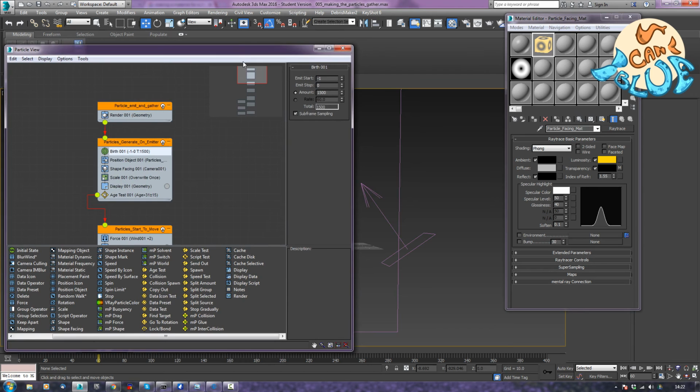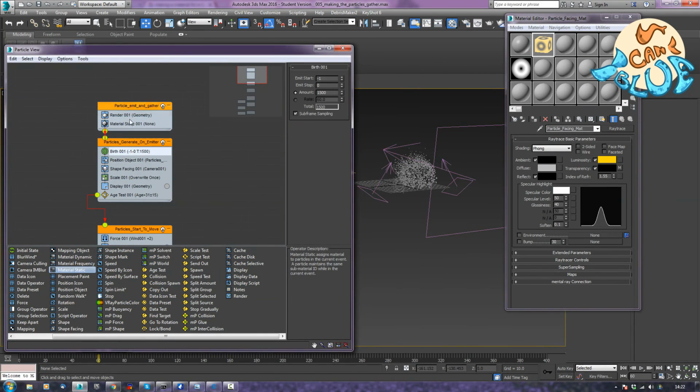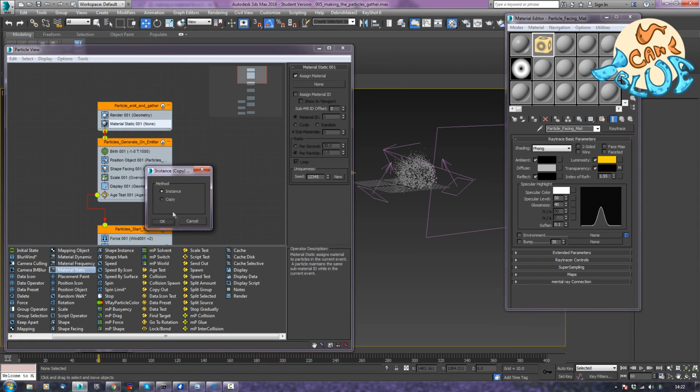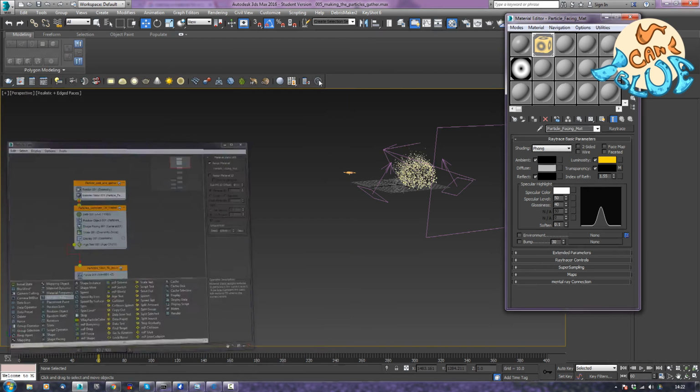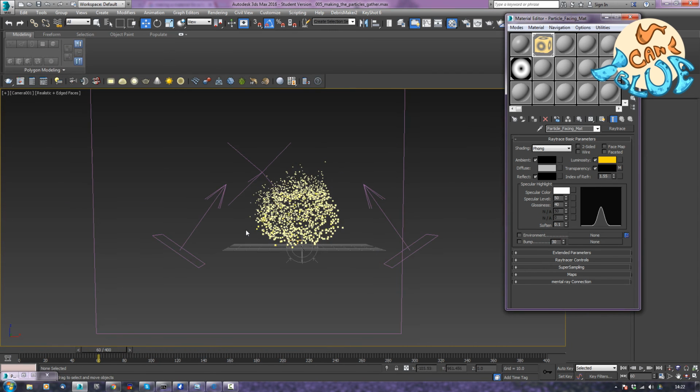Right, so what I can do now is apply this material to all of my particles. Am I moving things I shouldn't be moving again? Sorry about that. So what I'm going to do is take a material and just make it a static one, stick it underneath my render, just there, and click and drag that to there in instance. Okay, and now if I just reduce that and go to camera,